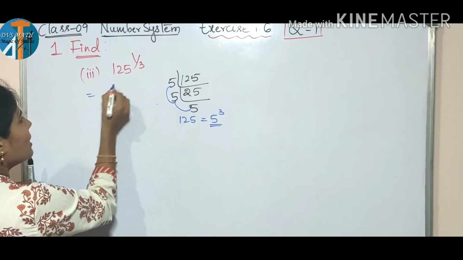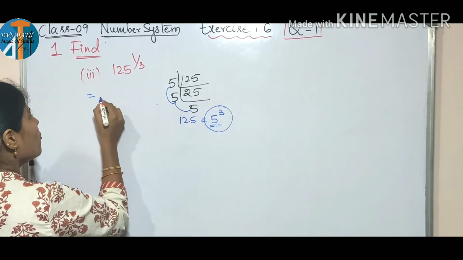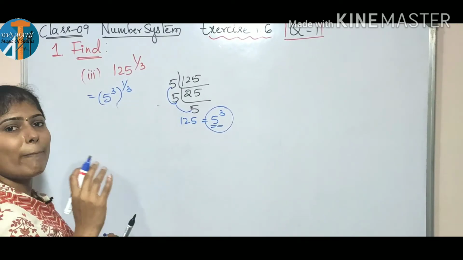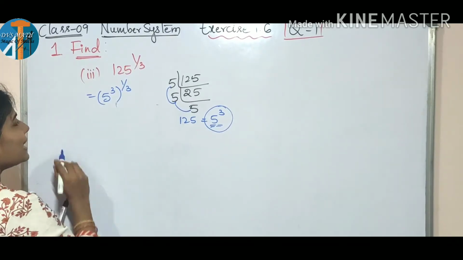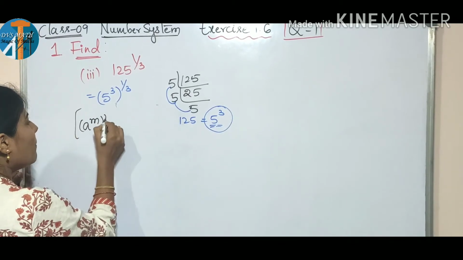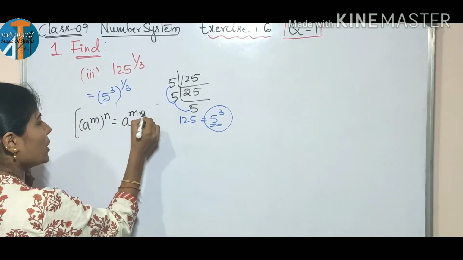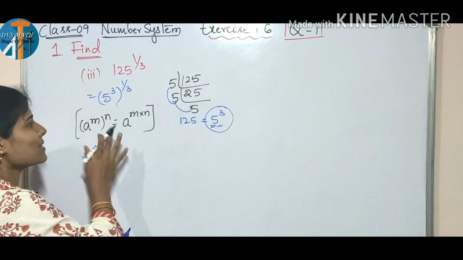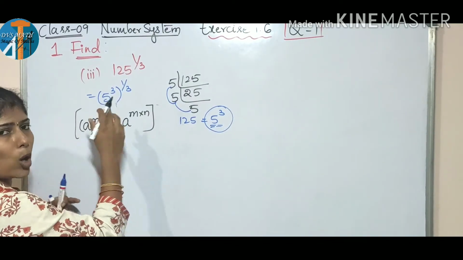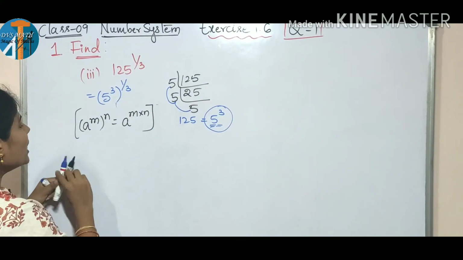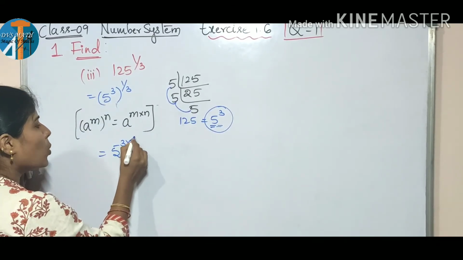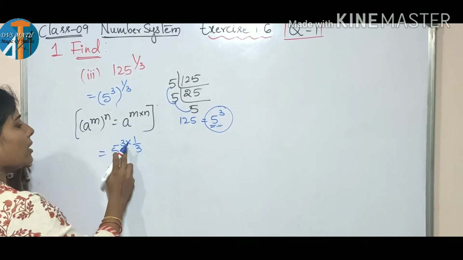So now let us write. That means 125 can be expressed as 5^3. So (5^3)^(1/3). Correct. So now again here what do we have to apply? Our law, that is (a^m)^n is equal to a^(m×n). Please every time you mark this, because it practices all the laws well. Clear? So (a^m)^n is equal to a^(m×n). So now if we compare this, what happens here? 5^3 into 1 by 3. So m into n.